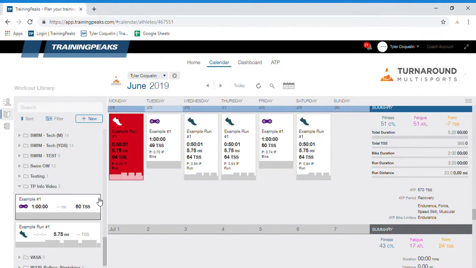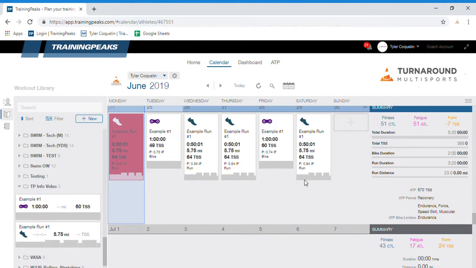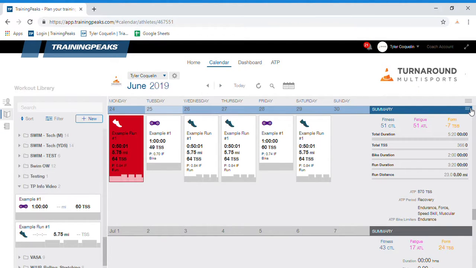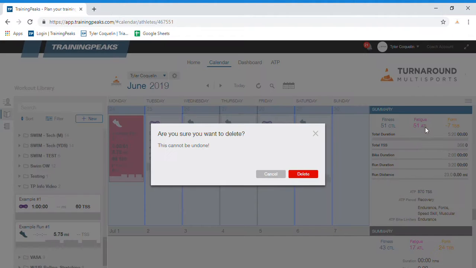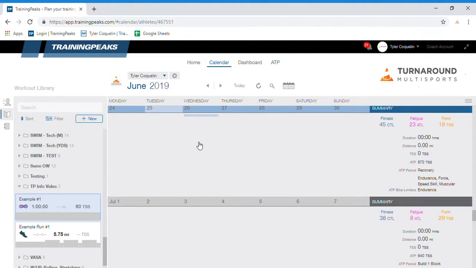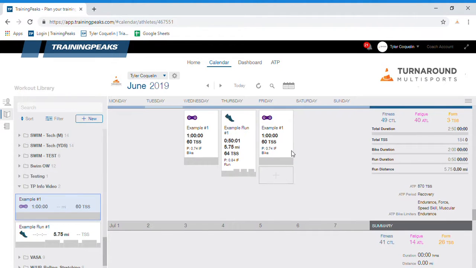Now the cool thing, once you've already created these base workouts, you can slide things over. So for example, let's say you want to click this hamburger menu right here. Back up here. Click this hamburger menu right here for the whole week. You could say, you know what, I don't like this week, let's delete it. Do you want to delete the whole thing? Yes, I do. And you can say, all right, tomorrow let's do a bike, let's do a run. I want to do another bike over here, and it gives you a whole lot more functionality once you set